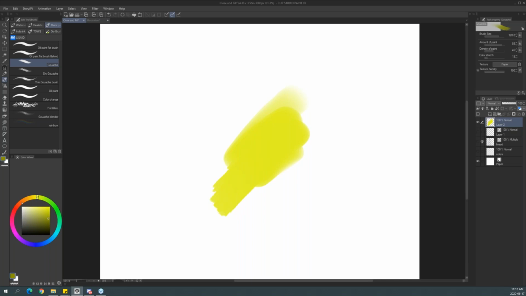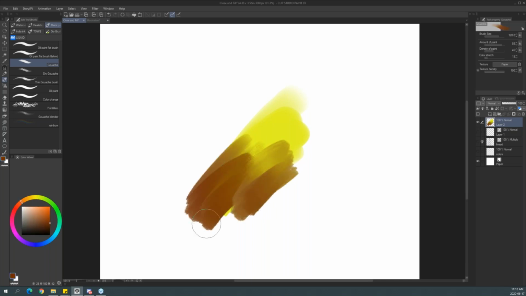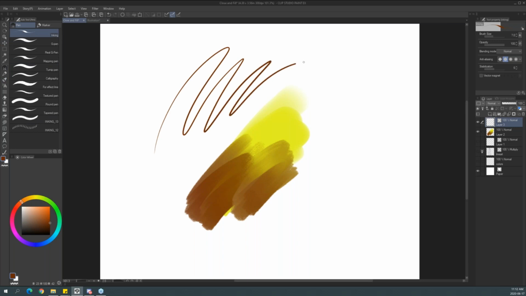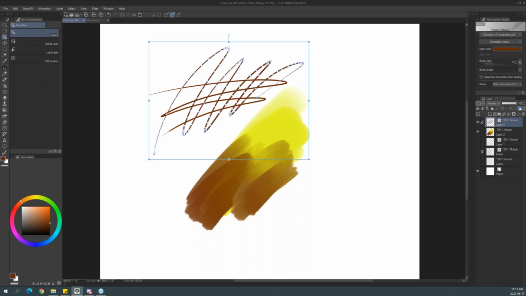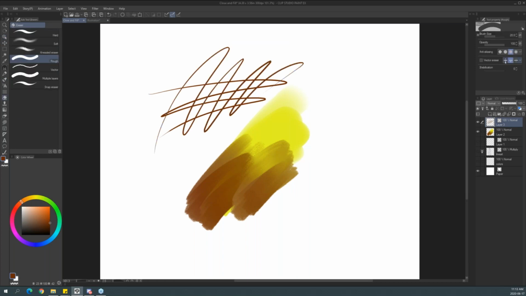So for drawing and painting, you have the raster layer, but with the vector layer, you just press this button right here, a new vector layer, that will have a separate icon on the side. And now all of the lines that you draw are going to be vector lines, like that. And what makes it very convenient is that it enables the vector eraser